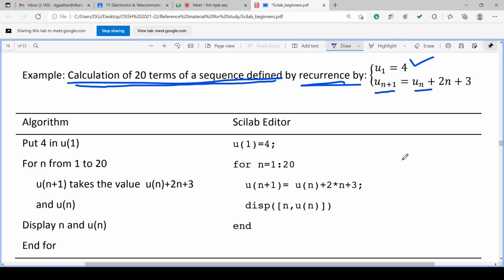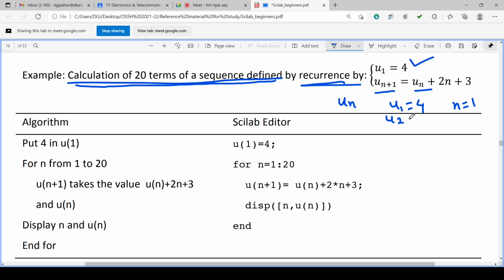Suppose u1 is the current value, 4. What is n here? n is 1 because it is u1. Now what is un plus 1? n plus 1, 1 plus 1, 2.